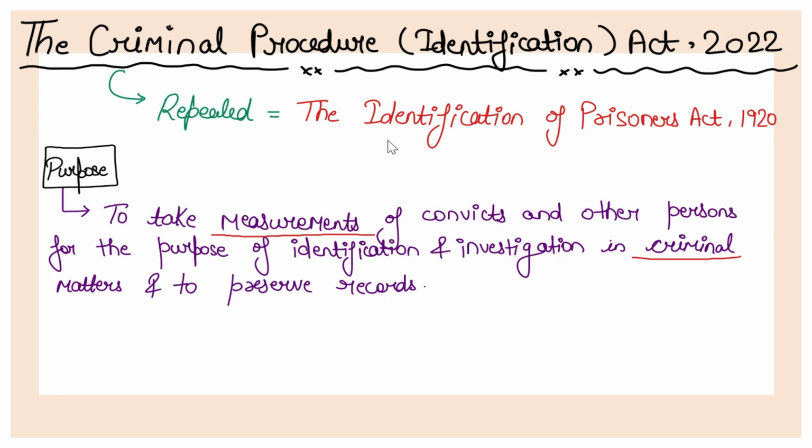Guys, legal current affairs is one of the most important areas for any 3-year law entrance. Specifically talking about DU, this area has a lot of weightage. So today in this video, we are going to talk about the Criminal Procedure Identification Act of 2022. The Parliament has passed a number of acts, but today we are going to discuss this very act. This act also became important because it is related to criminal law and procedure.